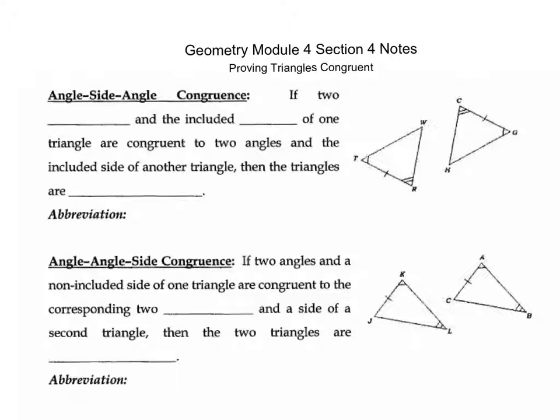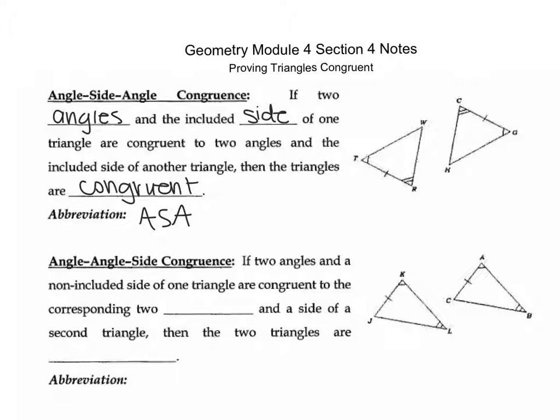So what that states is if two angles and the included side of one triangle are congruent to two angles and the included side of another triangle, then the triangles are congruent. And instead of having to write angle-side-angle out, we usually abbreviate it ASA, which stands for angle